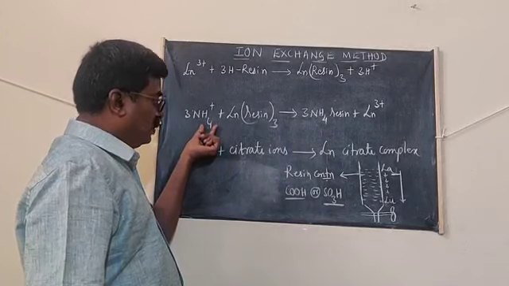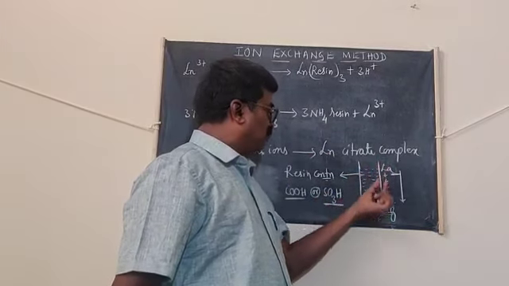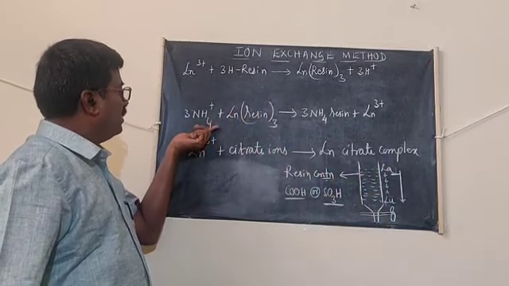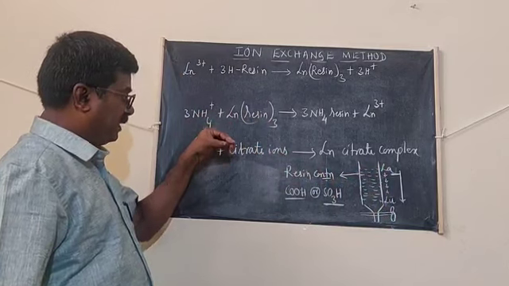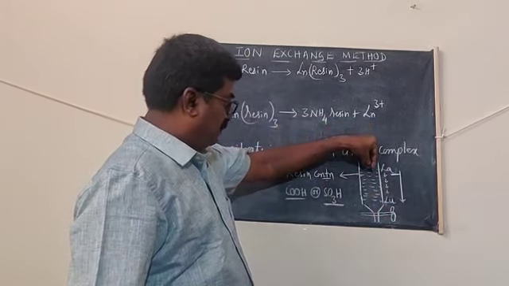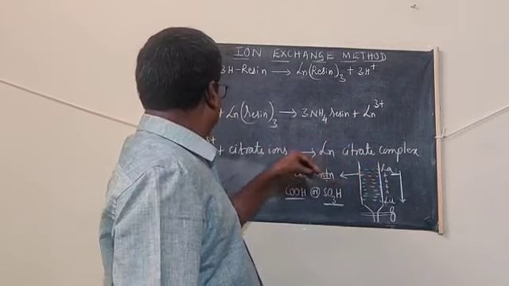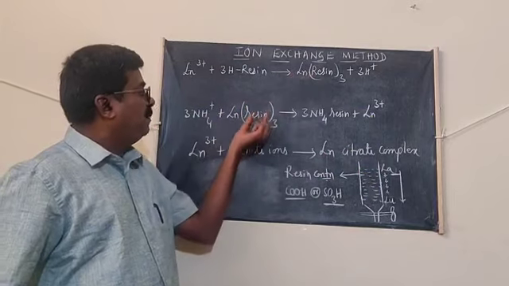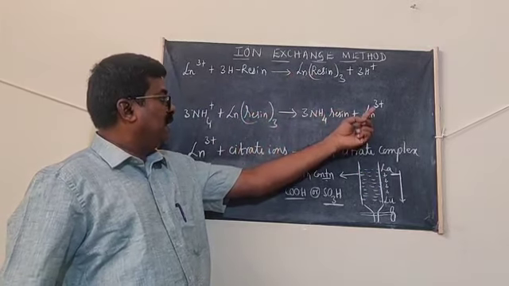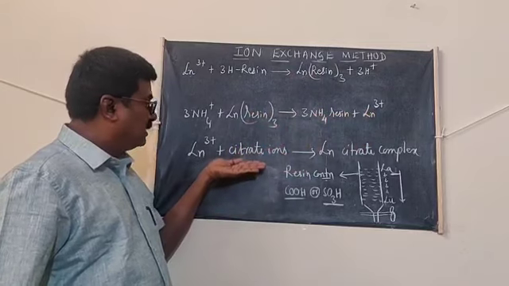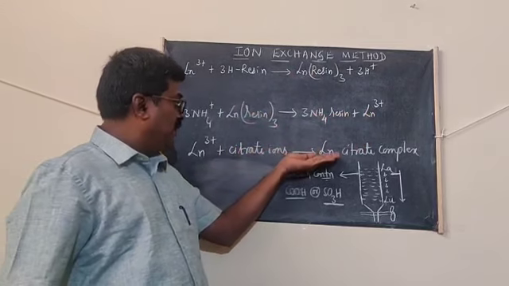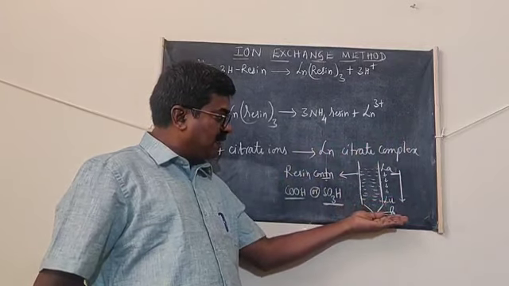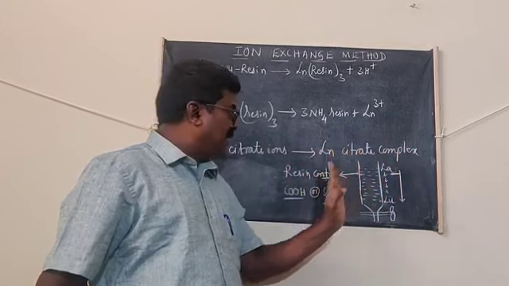The next step is elution of lanthanides from the chromatographic column. A solution of ammonium citrate and citric acid is added to the chromatographic column. Ammonium ion replaces the lanthanide ion, and the liberated lanthanide ion combines with the citrate ions and is eluted in the form of a lanthanide citrate complex. From the lanthanide citrate complex, one can recover the lanthanide ions.